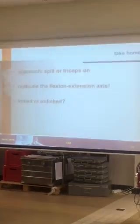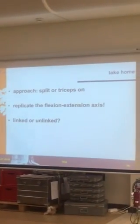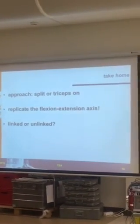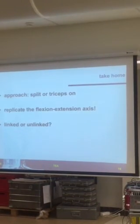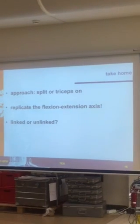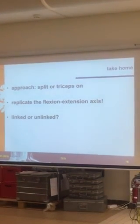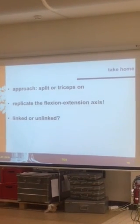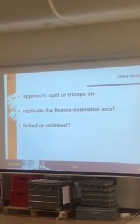Okay, so take home: split or triceps-on, I think both are working approaches which you can use. It's not on this presentation, but beware that you recreate the flexion-extension axis so you get a good placement of the prosthesis. And about linked and unlinked, I won't fill in the answer. I think it's still a question, but